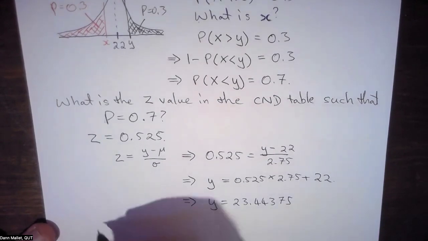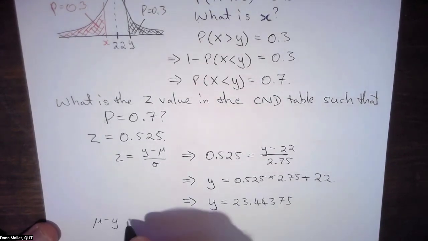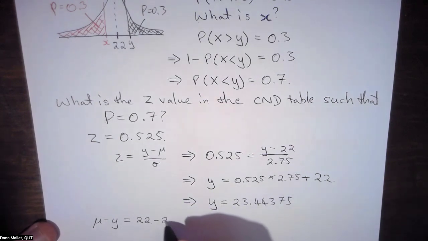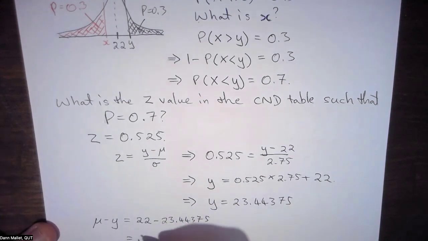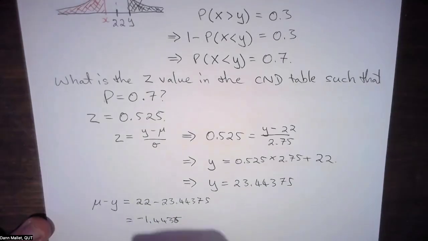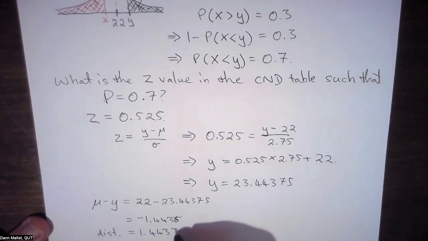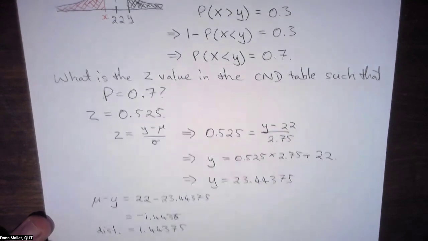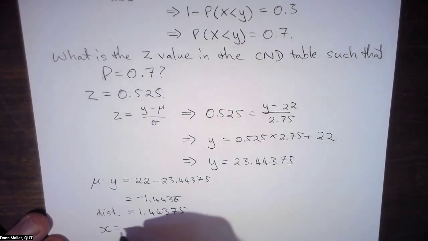So let's take a look. Mu minus y is equal to 22 minus 23.44375, which is minus 1.44375. So the distance between mu and y is 1.44375. I can then use that to tell me that x is equal to mu, or the mean, minus the distance,